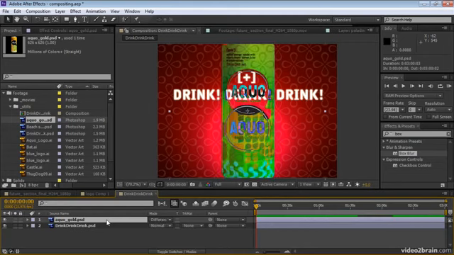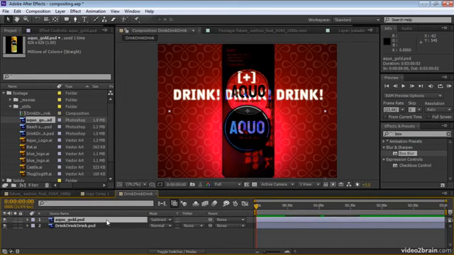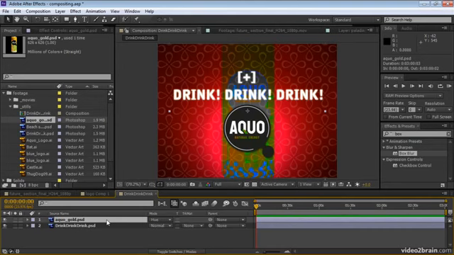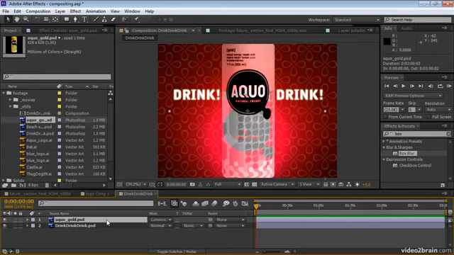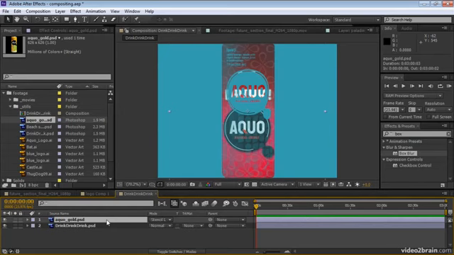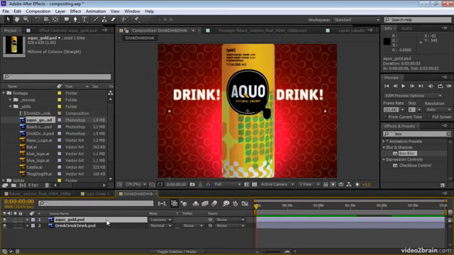Now, let's say, for example, that we have a client who's told us that he thinks that our simple can on top of background image is too boring, and he wants it to look more interesting. He wants it to pop. Well, we might go through these blending modes and just see if there's some way of blending the two images together to make them look more interesting. Well, now we're back at normal, and I haven't seen anything that really appeals to me,